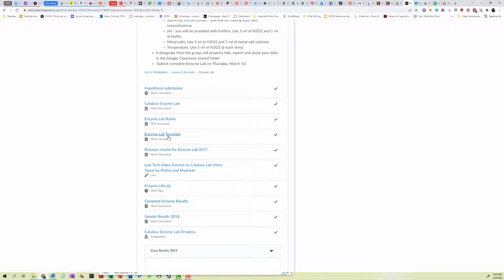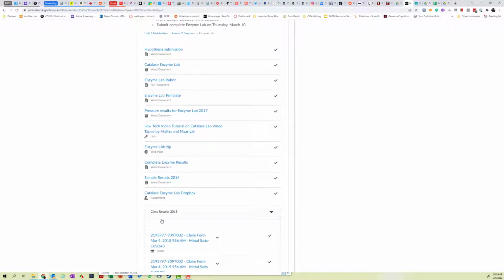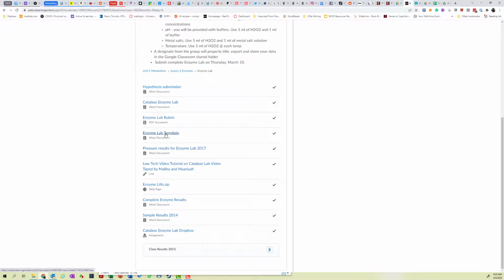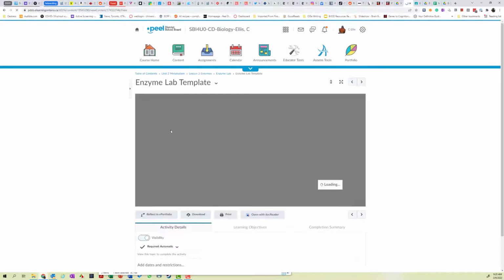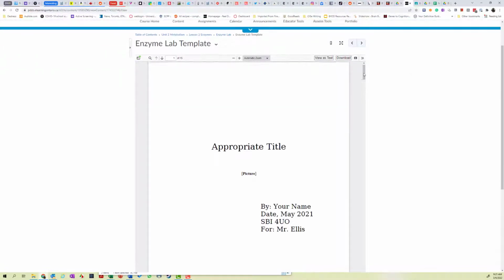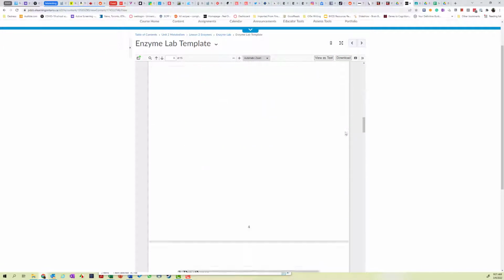You don't have to use it, but it gives you an alignment with the lab instructions. I would expect a lab to be communicated in the correct form. You'll also see results from other years, from quite a few years. I put like a decade's worth of data, so you can use all this data if you'd like. But in the Enzyme lab template, at the back end of it, let's scroll down here,